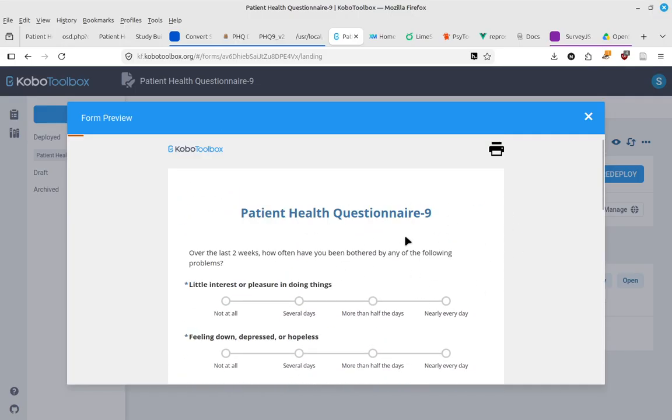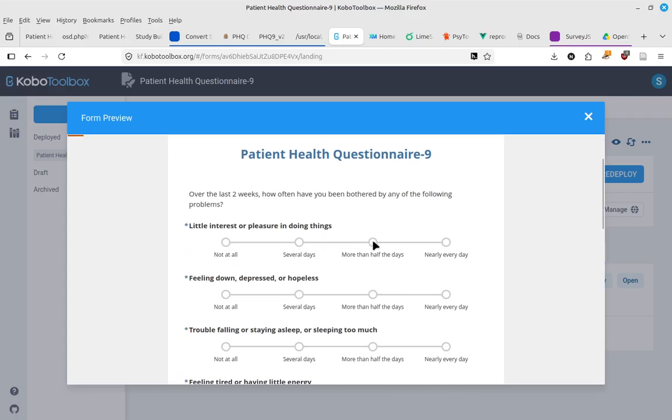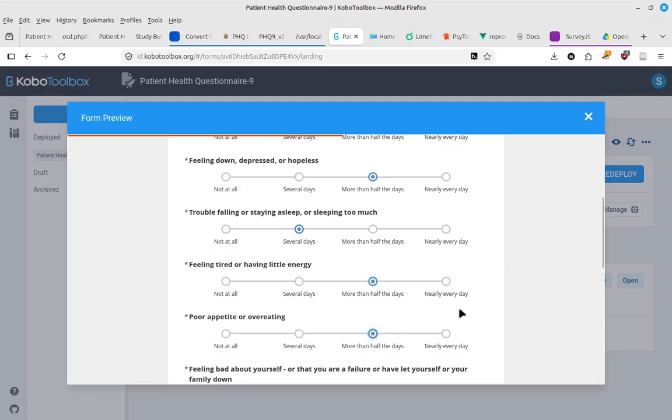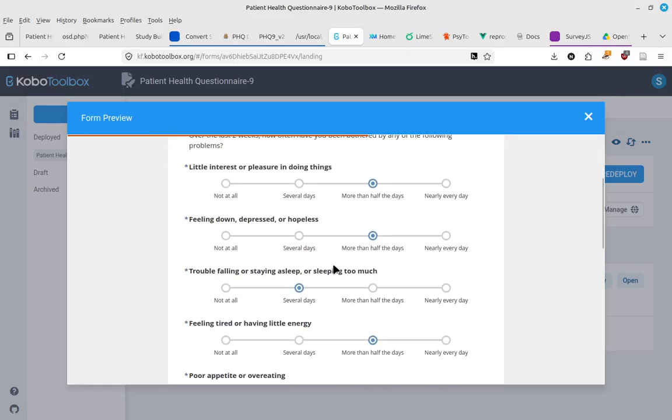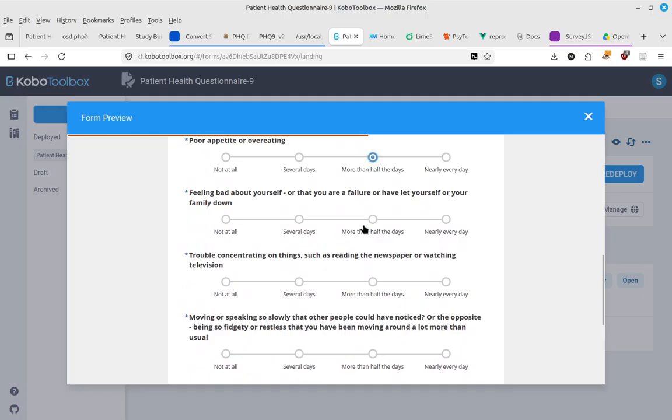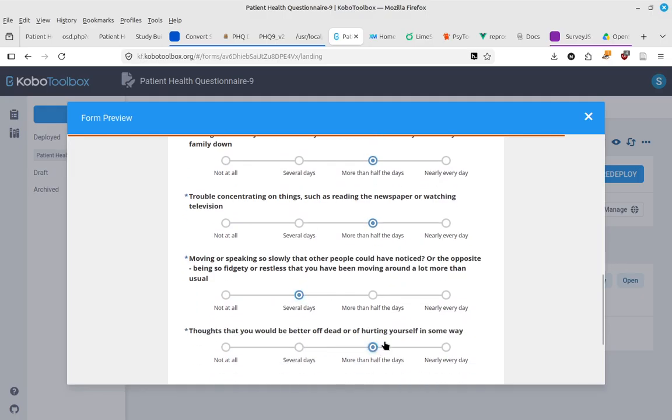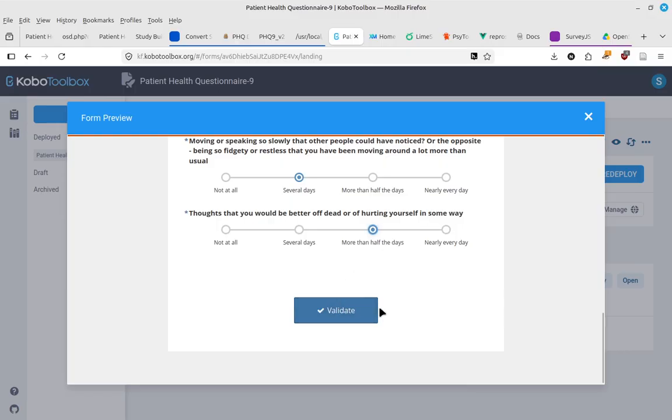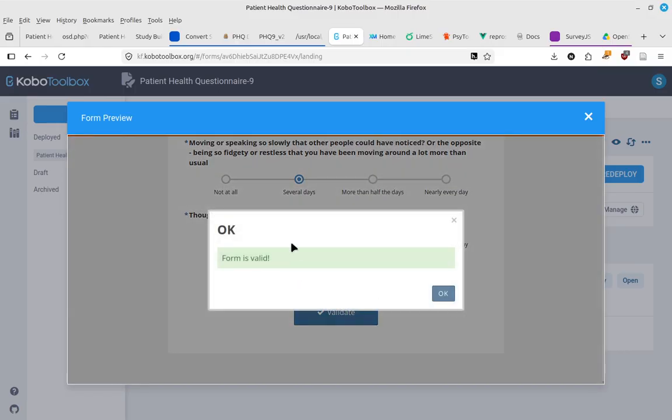There's some that go halfway between one item at a time, but the page is dynamic and it updates every time you answer one. So you can answer all of these using this 4-point Likert type scale,